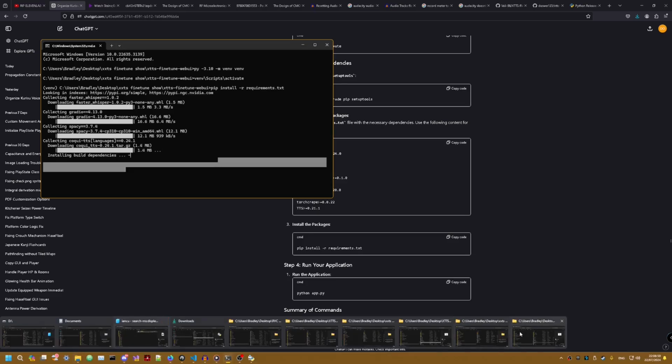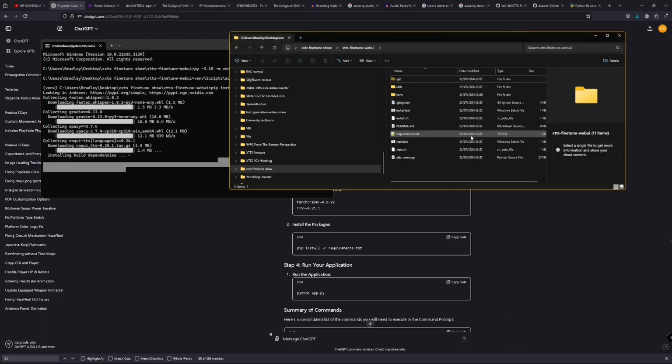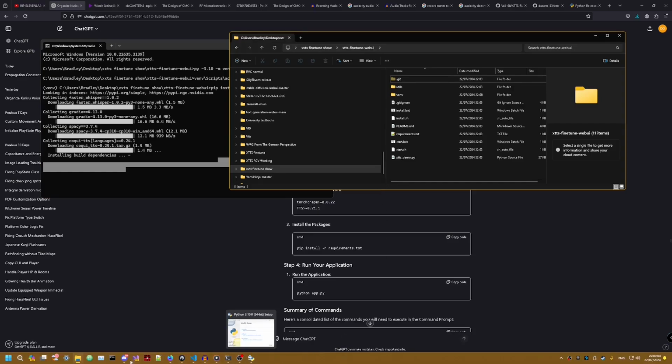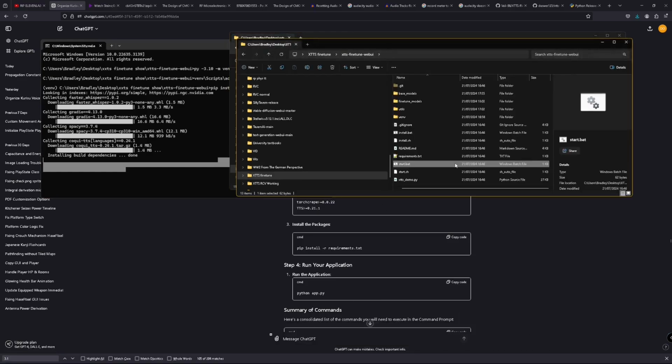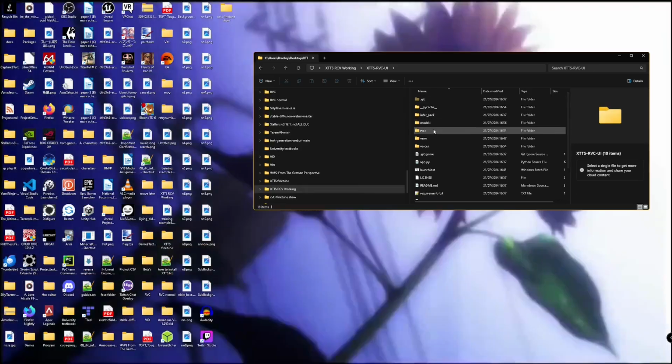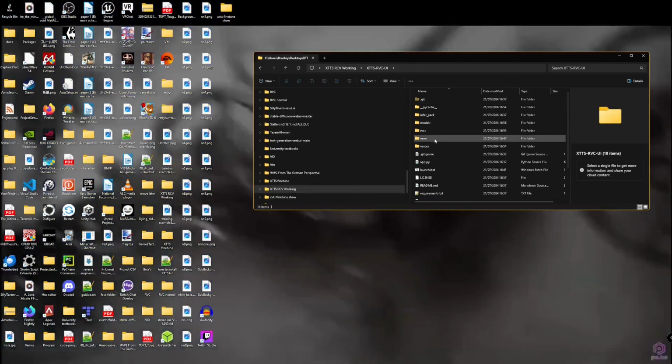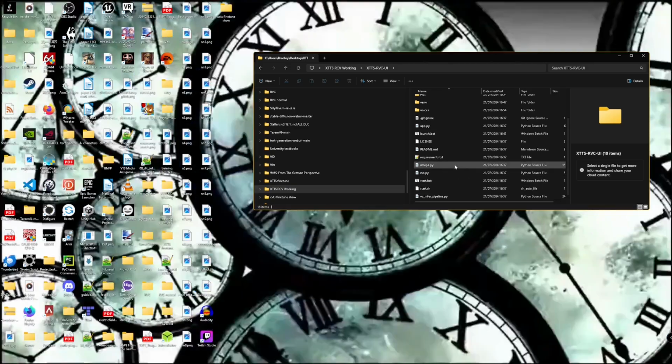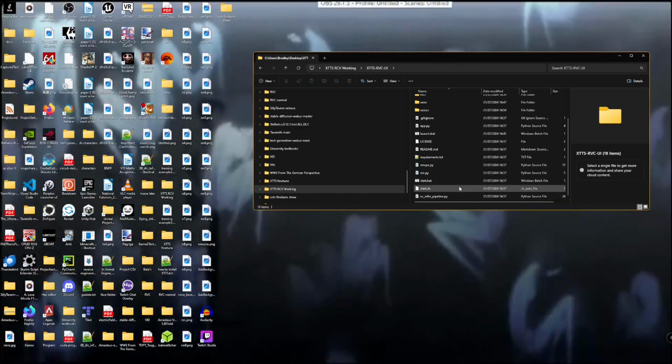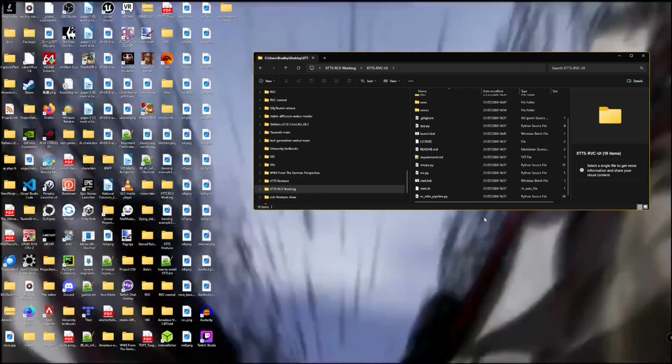Once the download has happened, then you can start producing your own voices and such. But now I'm going to show you how to do the RVC, which is very similar. You're creating a venv again. You do the exact same thing I just showed you, using Python 3.1. Then